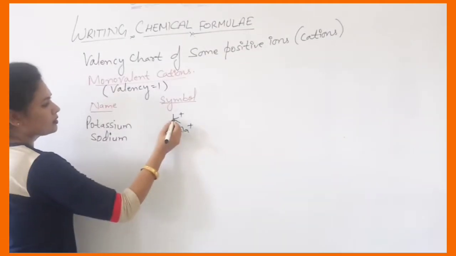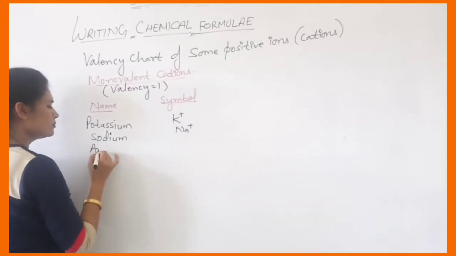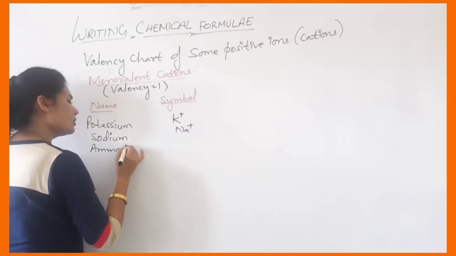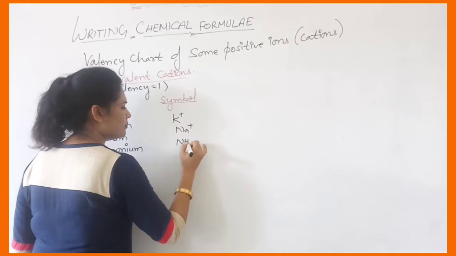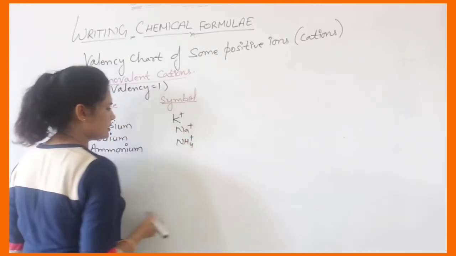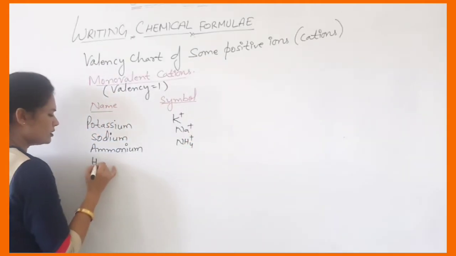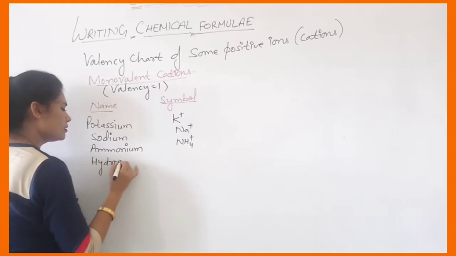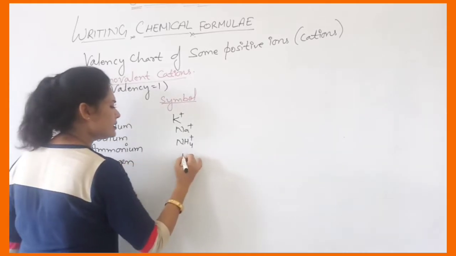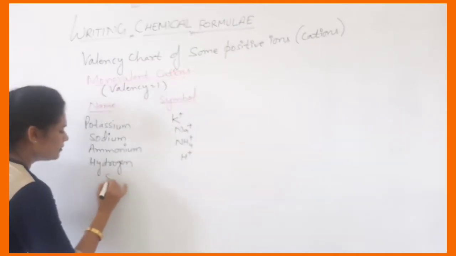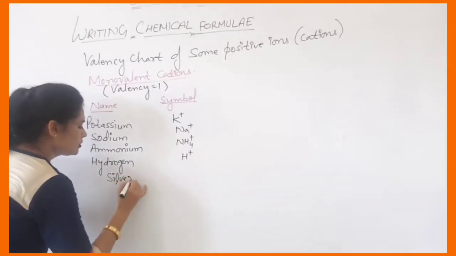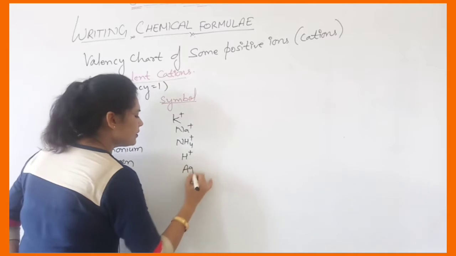Then ammonium. Ammonium is a polyatomic ion, its symbol is NH4 positive. Hydrogen is H positive ion. Then silver, Ag positive,